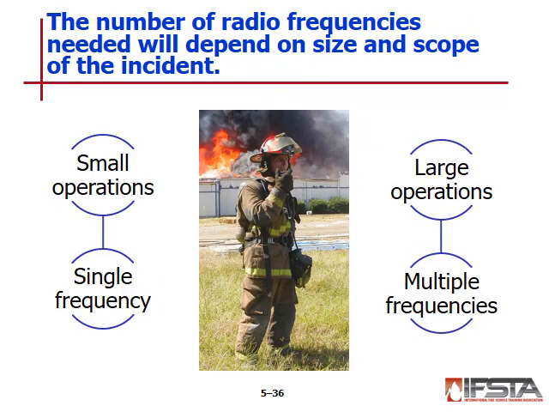Now, when you're talking about radio frequencies, you have all your different TAC channels, and you should have one overall frequency for 911 dispatching calls. And then in theory, that call should be shifted over to a TAC channel. That way you keep the main channel open for dispatch. But depending on the jurisdictions, a lot of times they just stay over the main dispatch channel. In theory, again, they talk about small operations, you should have single frequencies. And in large operations, you're going to have multiple frequencies.